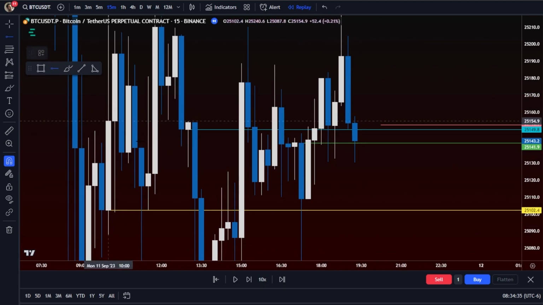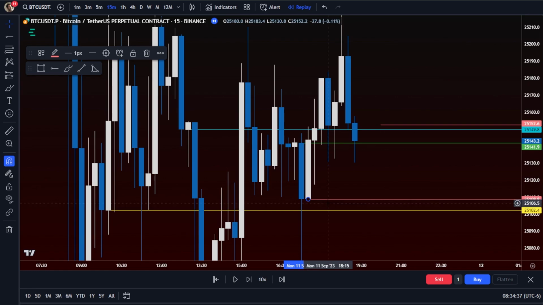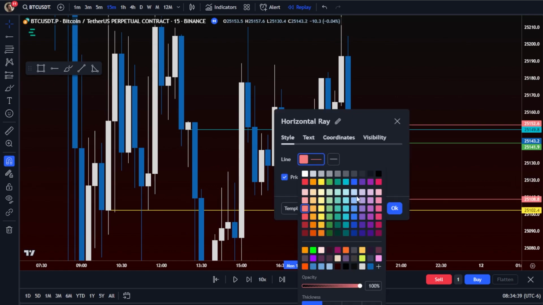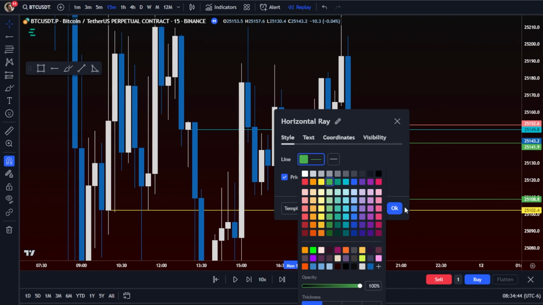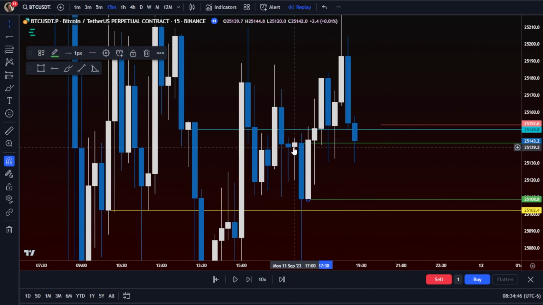I wouldn't use a break level in this scenario. Like some people might say, okay, what about a break level? I wouldn't use a break level because I'd want to be moving up, not down. If it did hit this break level, I would probably be quite a bit more cautious in entering this trade, because I would say, hey, we have the hourly, the 15 hold level couldn't hold it.